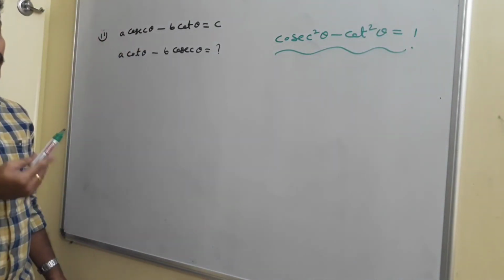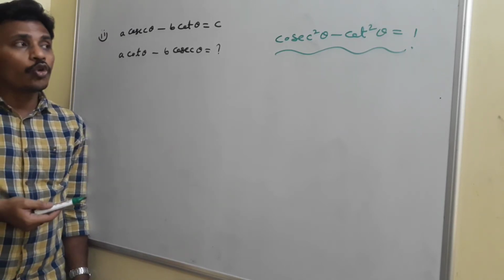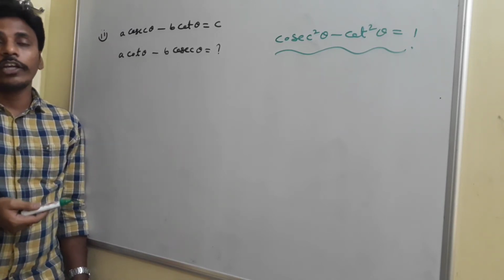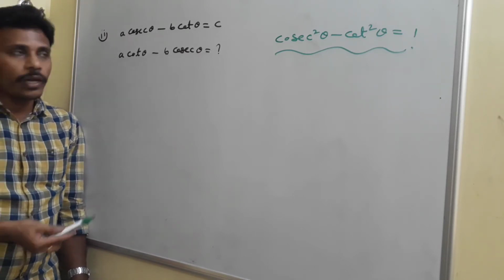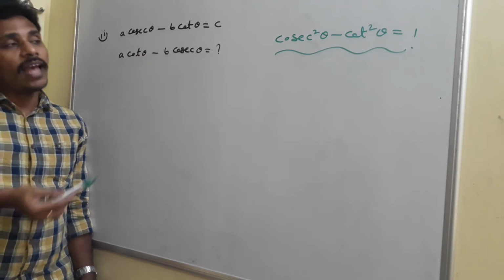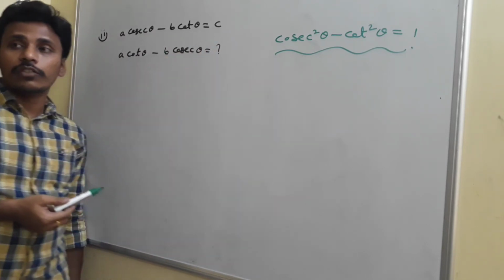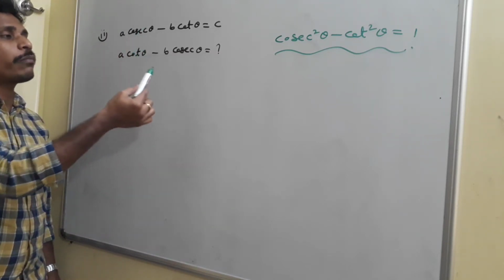See, we have that identity as we mentioned in the identities list, and to utilize this identity, what we need to do? First of all, we need to frame squares. So to frame the squares, you need to square on both sides, and then we have that cosecant square theta minus cot square theta is equal to 1. So we need to subtract one statement from the other.